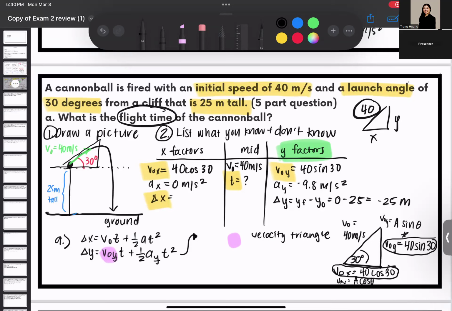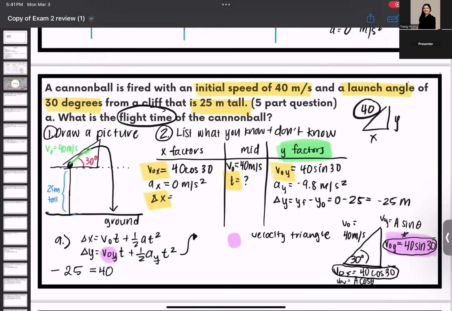So we have, see how many components we have now. We have solved this triangle. So going back to what we're trying to solve at the beginning, let's plug it in since we should have enough numbers now. So if I plug everything in, what am I doing? Negative 25